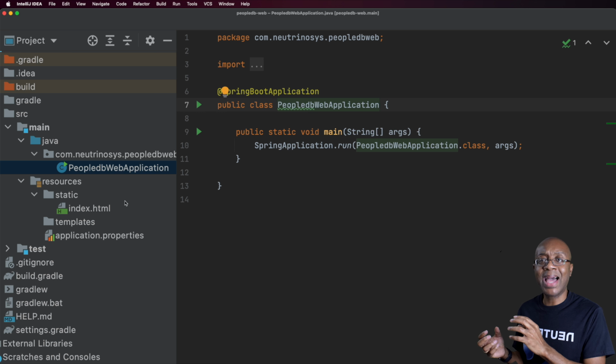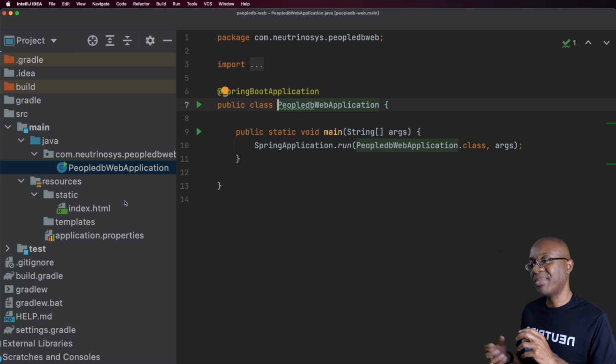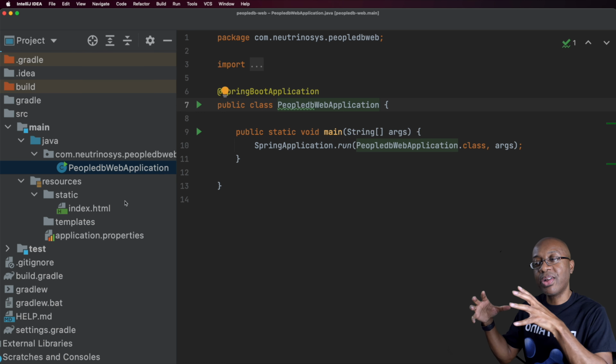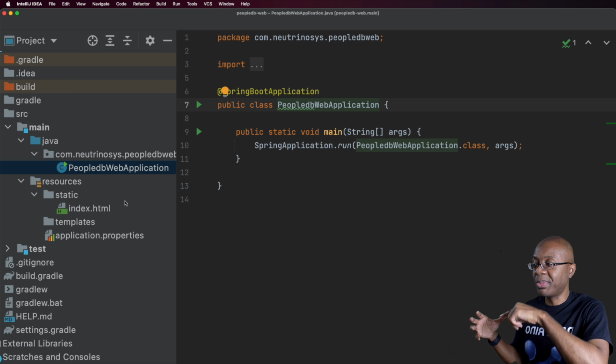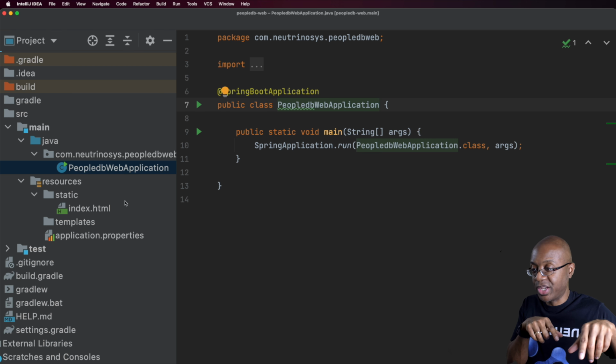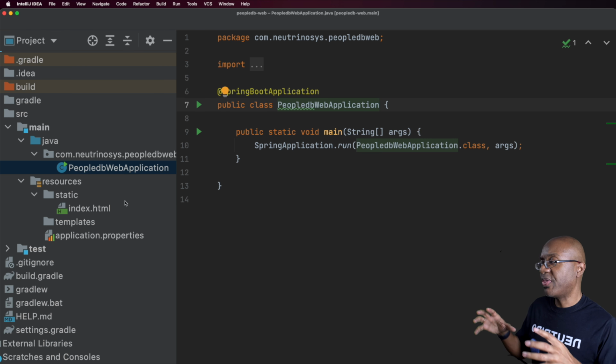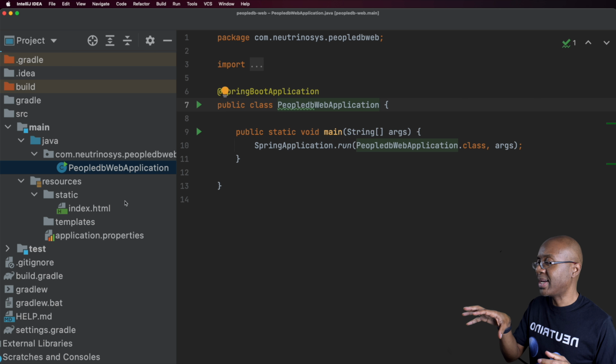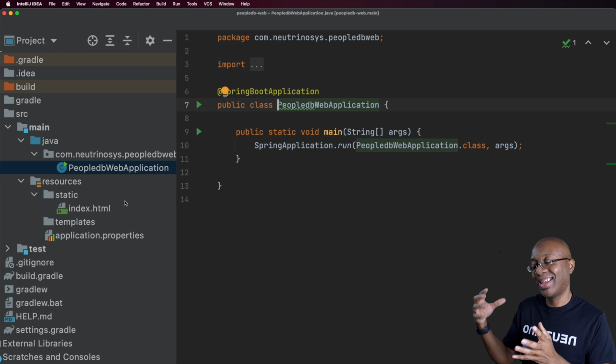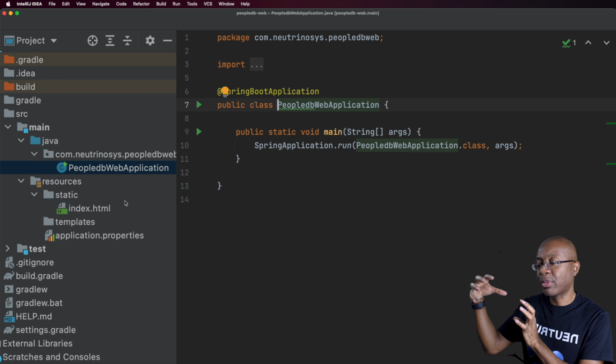So Tomcat is a Java-centric web server, and Java-centric web servers are usually referred to more as application containers because they are meant to contain an application. So they themselves are an application which is meant to contain your application, okay? So this program that we've created here contains, sorry to keep using that word, but it contains this program called